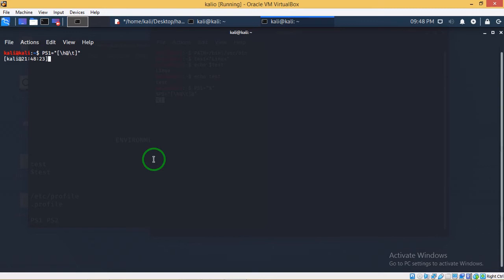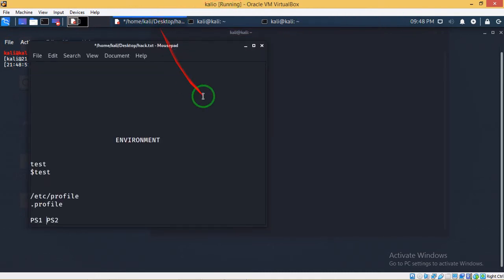So you can also change it here, but you have to maintain one good practice, that the variable name should not change. ps1 equal to double quotes, square brackets, and I'm giving the same name with a slash t and slash w, for the current working directory, and now hitting enter. See, the prompt has been changed.